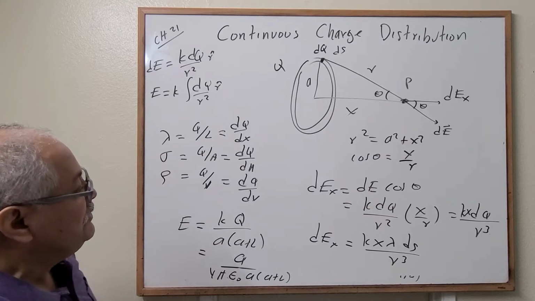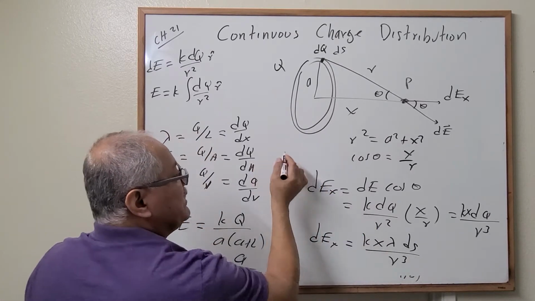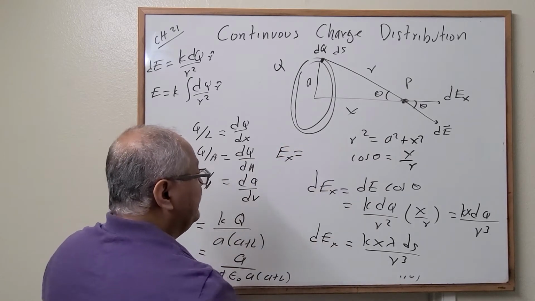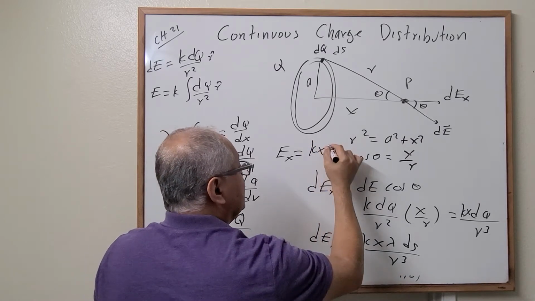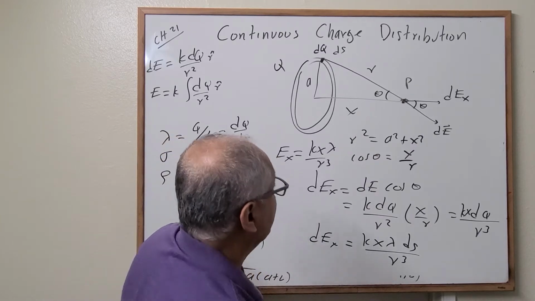When we do the integral, what do we have? I need more room. The electric field in the x direction is equal to k x lambda over r cubed times